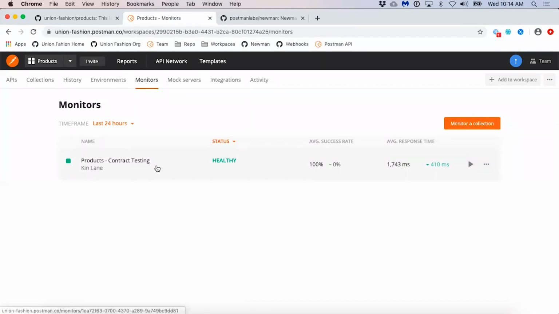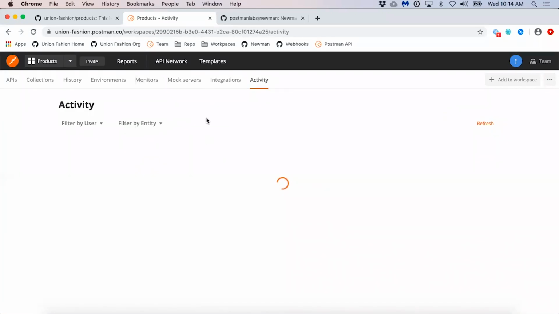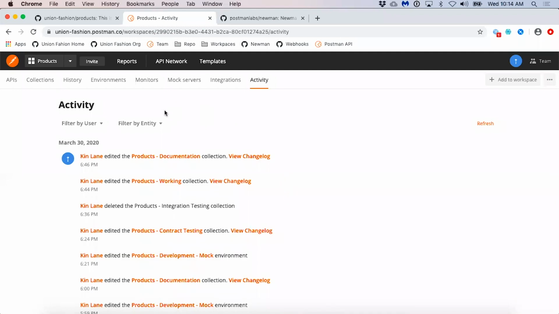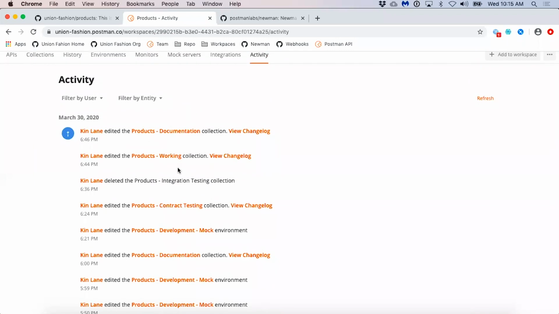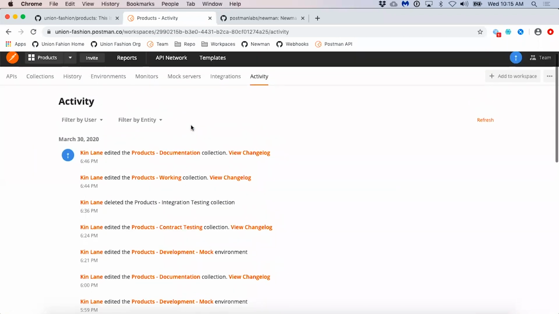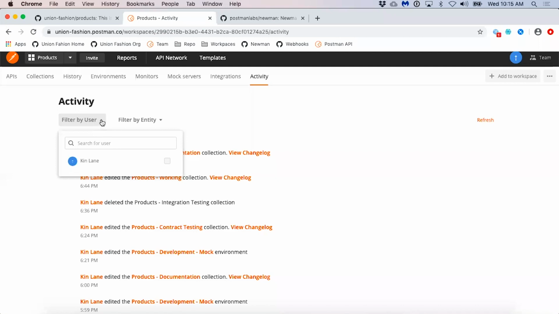Jeff can make sure that those contracts are actually being run on a regular schedule from the regions that are designated, and actually can monitor the status of each one. Jeff can make sure that there are mock servers, and then view activity across the entire workspace to see what individual team members are up to, understanding every step they've taken in the workspace, what they've been working on, what they haven't been working on by each day, and allowing Jeff to filter that activity and see what's happening.